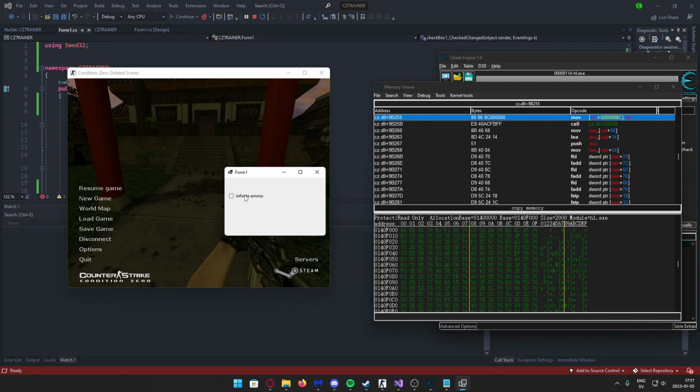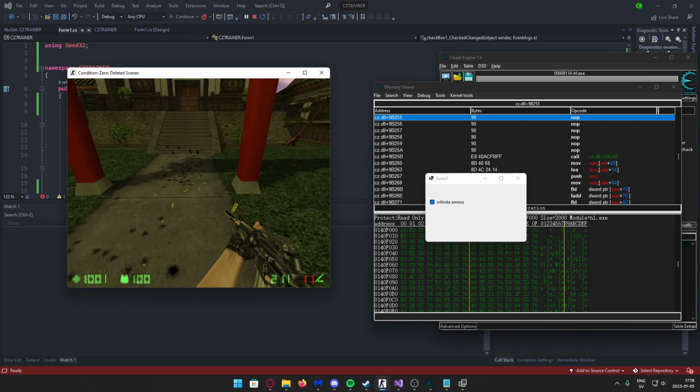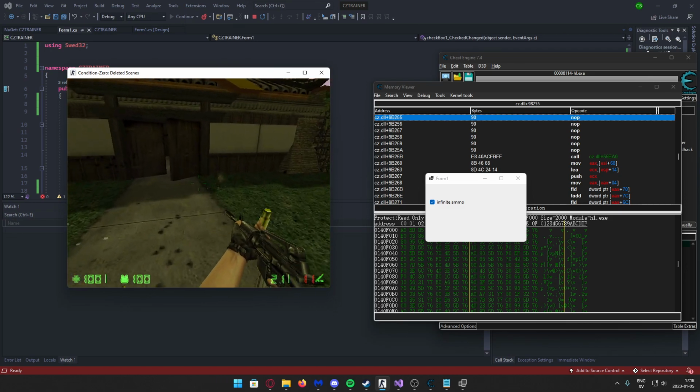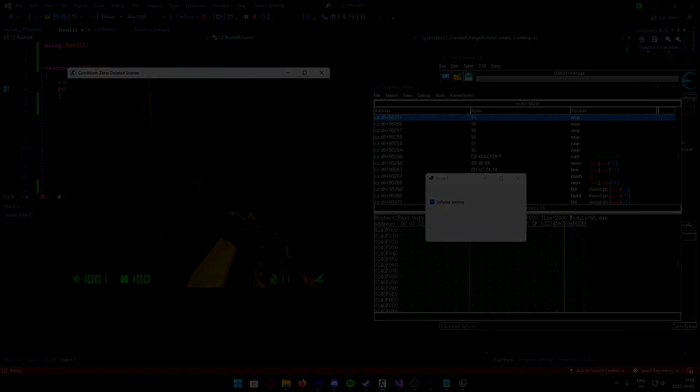Amazing. What are you looking at? So we're doing the same thing, but now with our own application, and we don't need to have Cheat Engine open. We don't have to have a script and so on. We just need our trainer. Let's check that in game it doesn't crash. We have infinite ammo. Let's find some